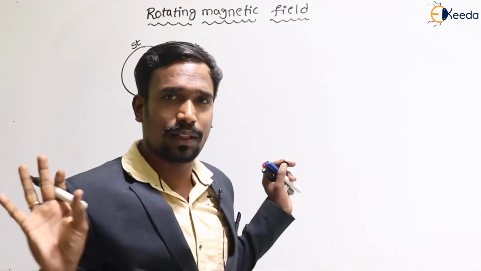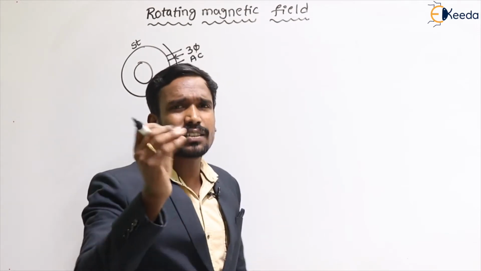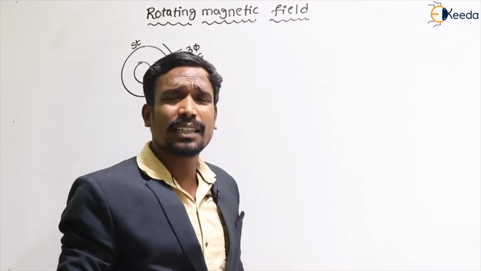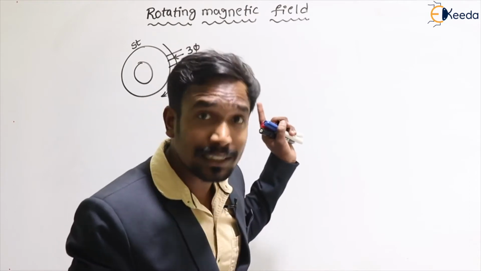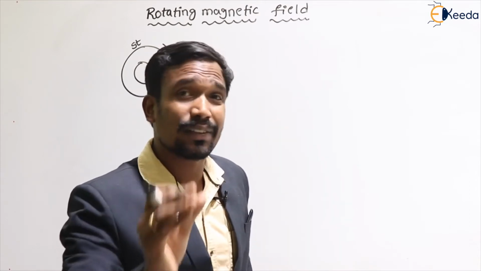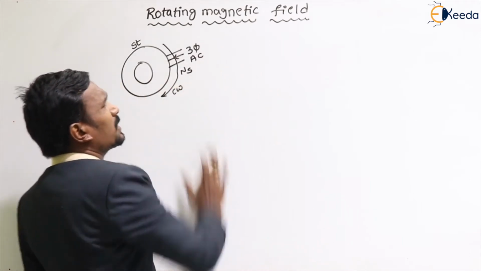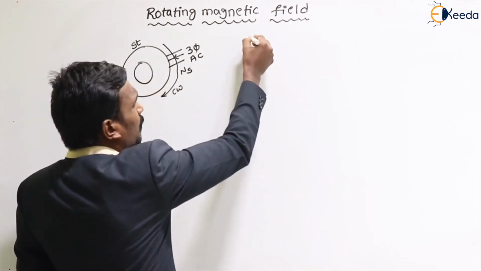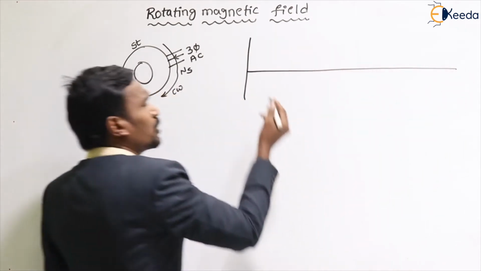That's it. Very simple. Even in academics, they will ask you to just derive the rotating magnetic field or prove that the magnetic field which is produced in our induction machine is a rotating magnetic field. Just simply prove that. They will ask you a question like that. So generally here I am taking a three-phase AC supply, whatever three-phase AC supply we are giving to my induction machine.